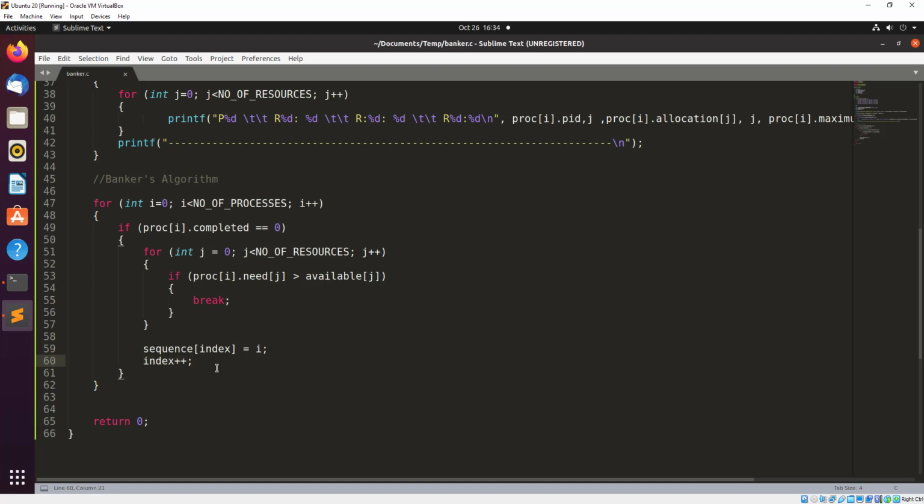One important thing to do is, if the process is being added to this, we have to release all of it. Which means if I've added the process into this sequence array, that process has completed, right? That process has completed means I have to make that flag of process complete equal to 1, right? So let's do that. Process of,